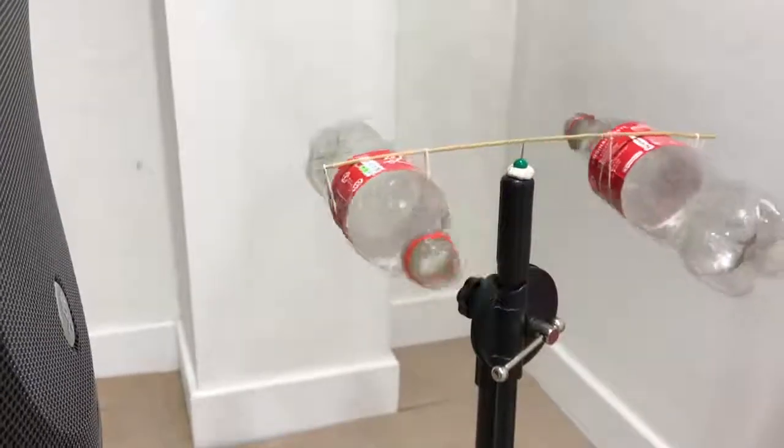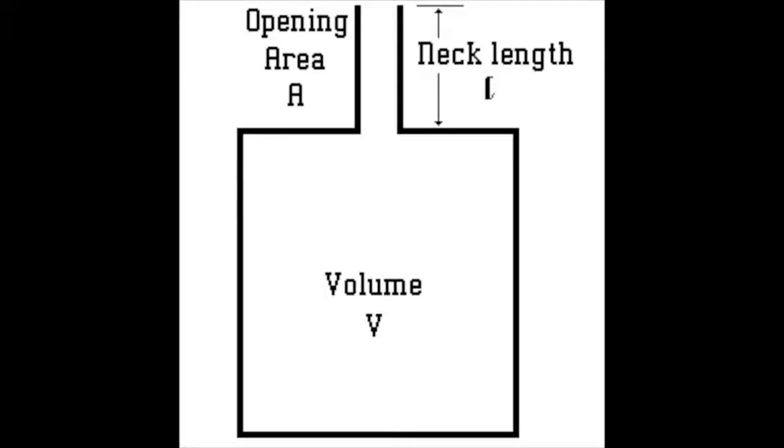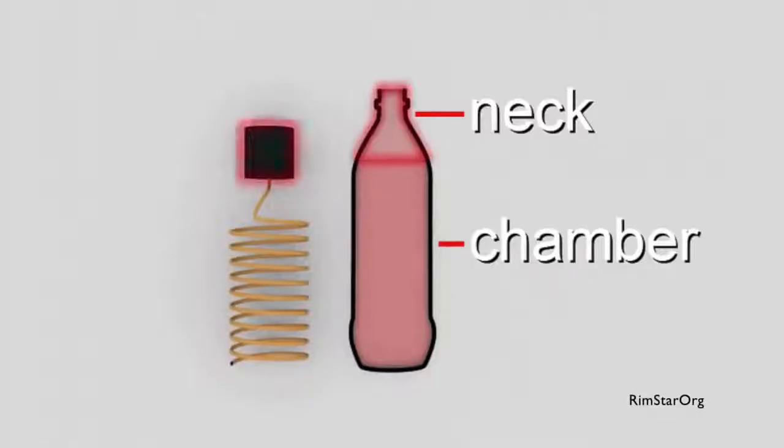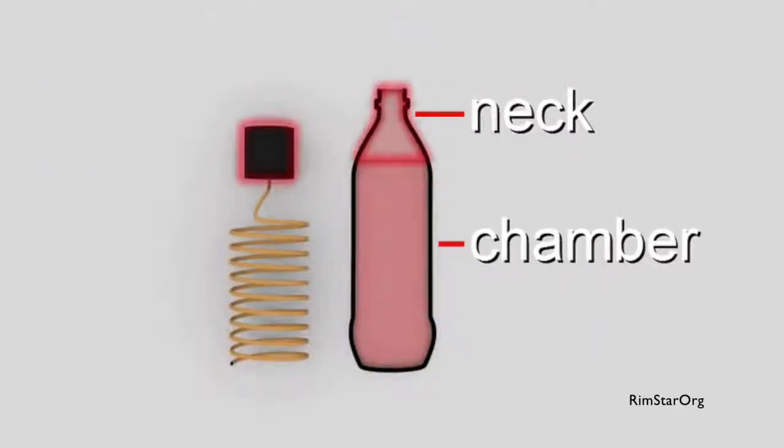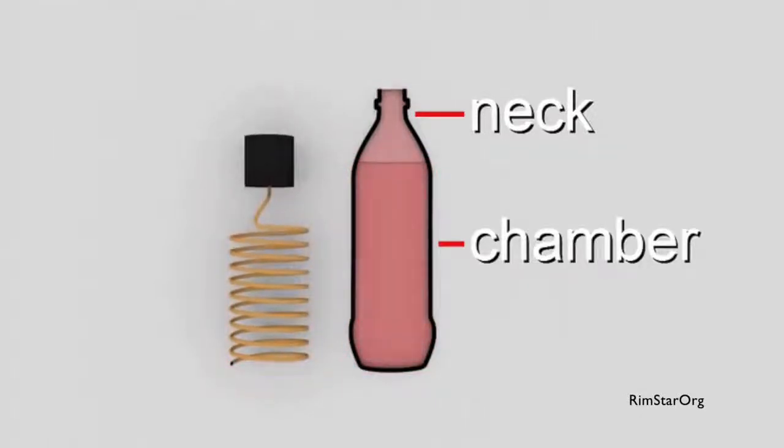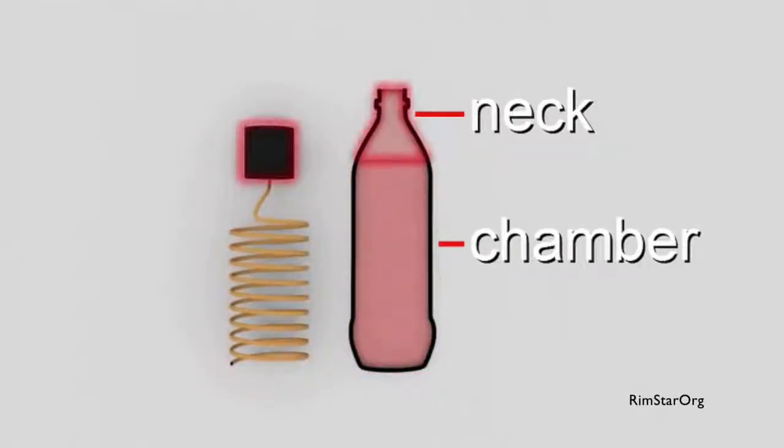sound. A Helmholtz resonator is a container of gas with an open hole. A volume of air in the neck vibrates because of the springiness of the air inside the chamber. The chamber acts in a similar way to a spring, and the neck will act like a mass attached to the spring. The frequency of this resonance will depend on the volume of air in the chamber, the opening area,